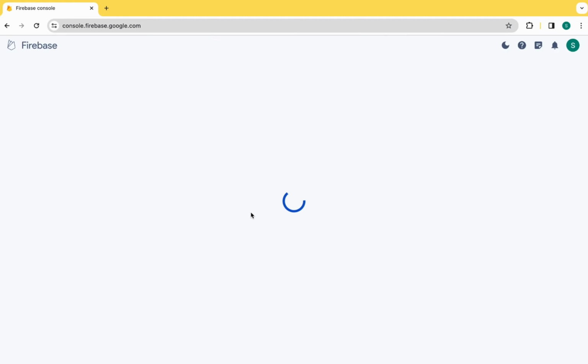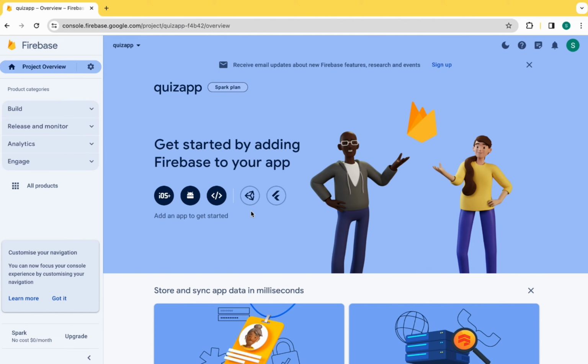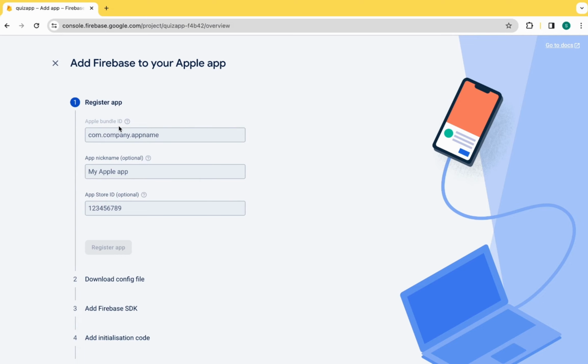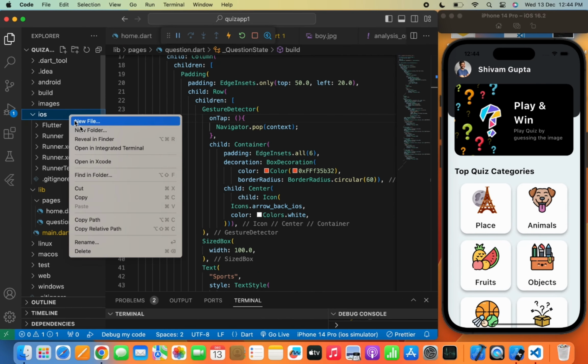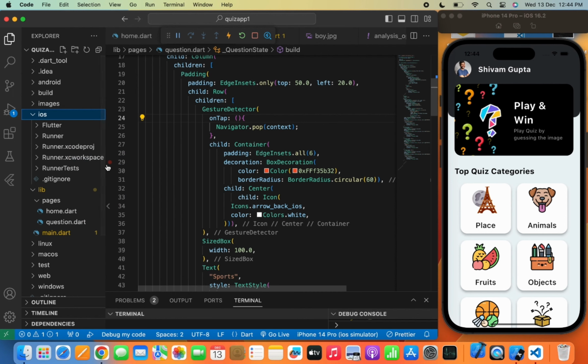Now click on continue and we'll directly move to the Firebase. So here you can see that we can connect the iOS, Android and web app through Firebase. So first I will connect the iOS app here, then we will move to the Android app. Now we need an Apple bundle ID. So now let's move to the Xcode and we'll copy the bundle ID from there and we'll paste it